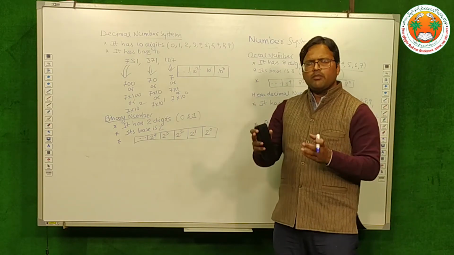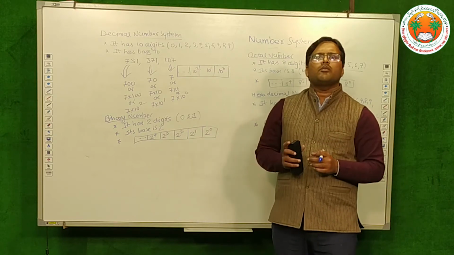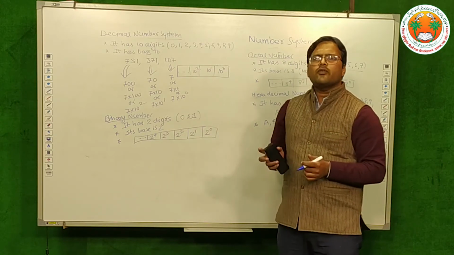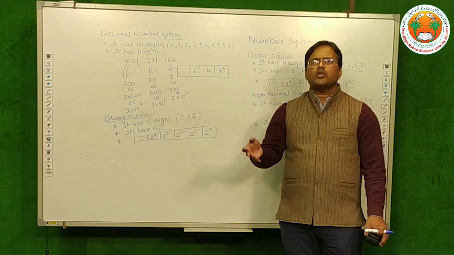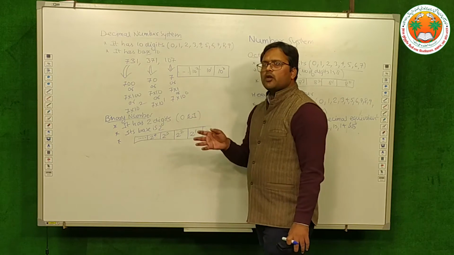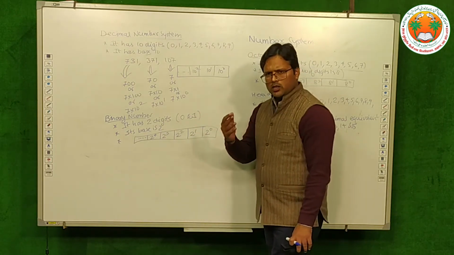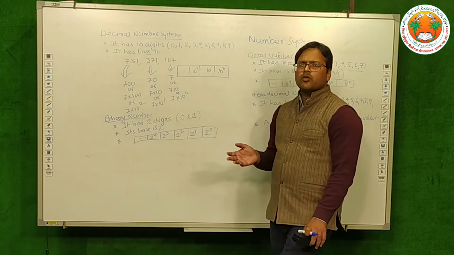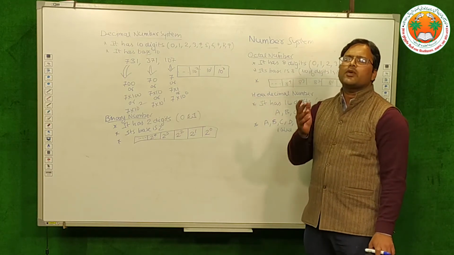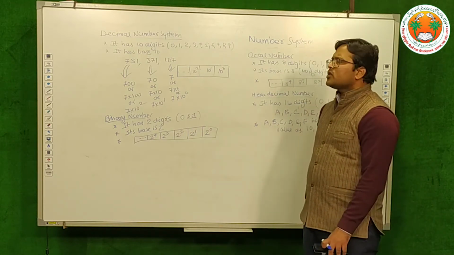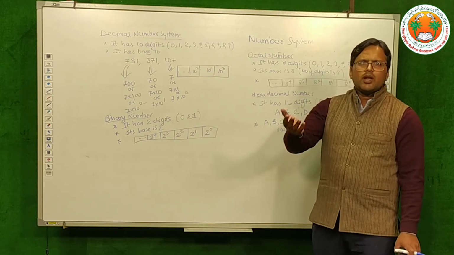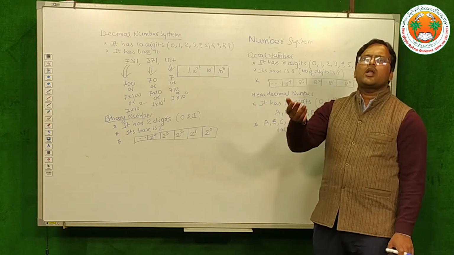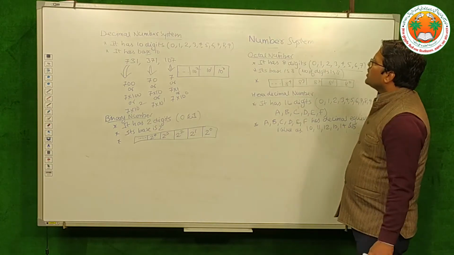number of any base into decimal number system, and because we are frequently using decimal number system, our task is to convert all those numbers into decimal number system. So how we are going to convert it, and this will be the first task, how we are going to convert a number of any base to decimal number system. And the second task will be how we are going to convert a decimal number into a binary number, an octal number, or a hexadecimal number.